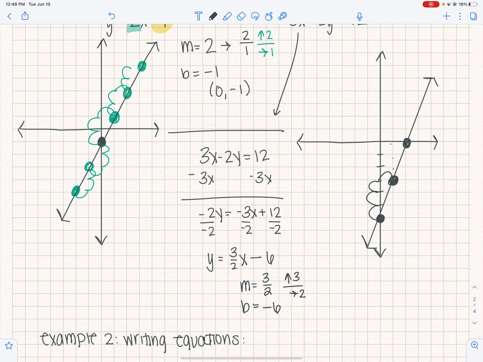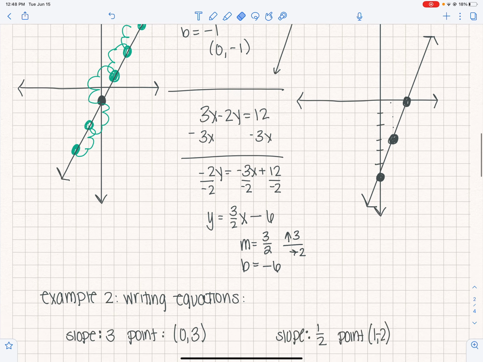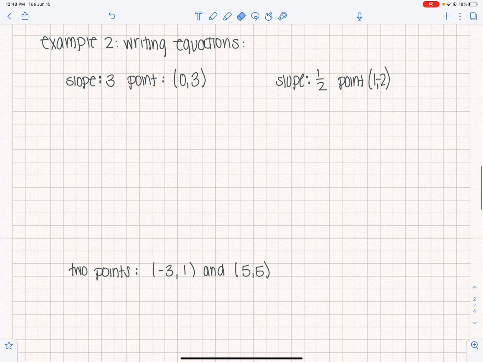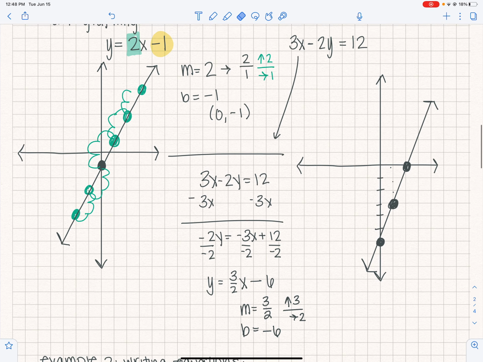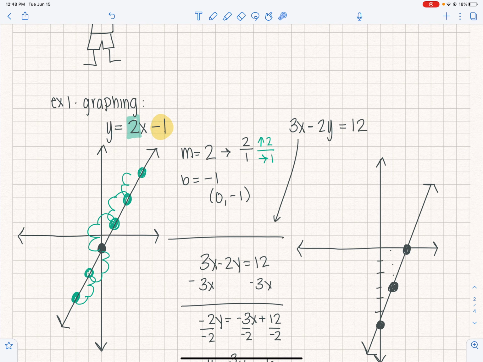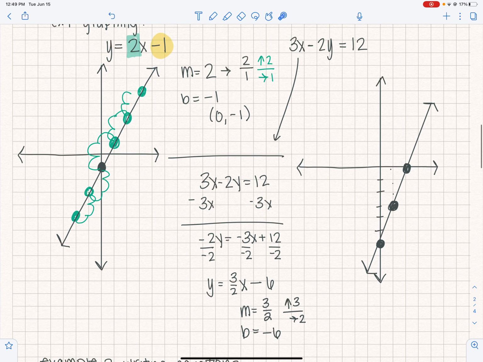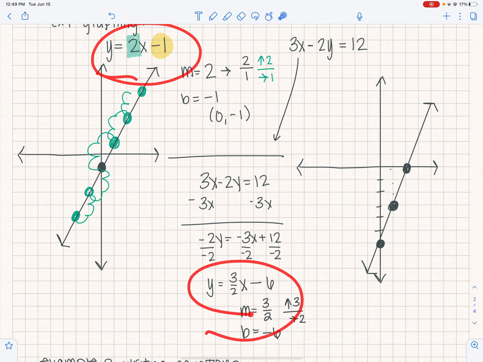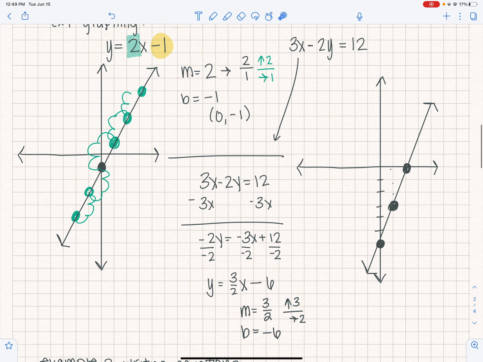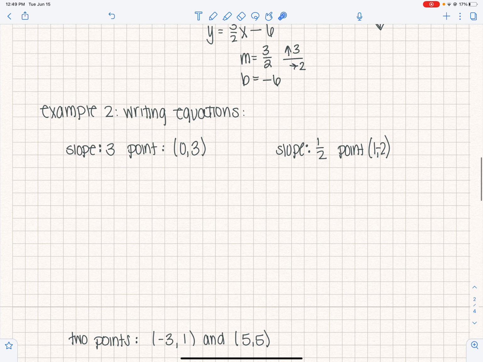And so that would be my line. All right. Example 2 is going to be my writing equations. So when I'm writing equations, essentially I'm taking this and I want to make it look like these. Well, not that one. Make it look like these. I want to leave them in slope-intercept form. So when I write an equation, my goal is y equals mx plus b, but I want to fill in